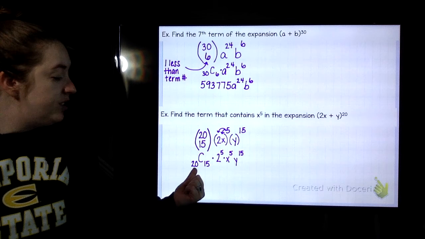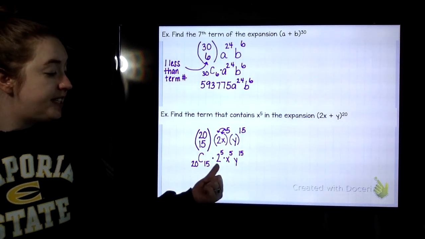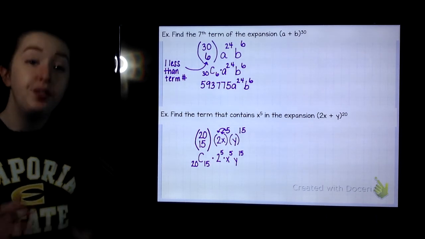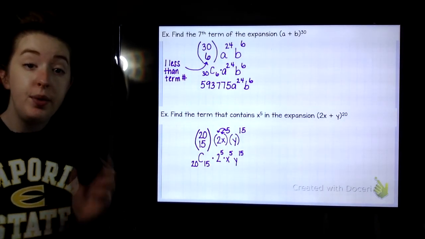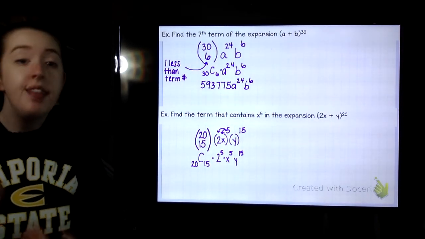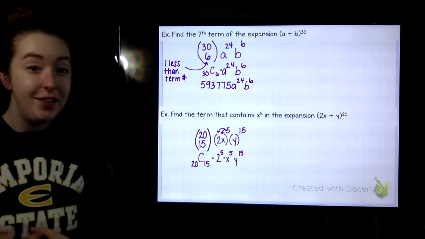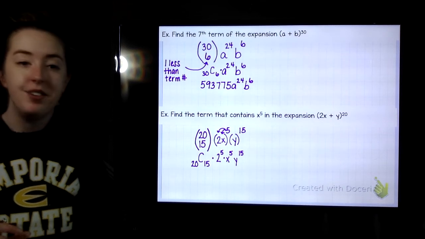Now if you want to put 20 choose 15 times 2 to the 5th in your calculator all together, absolutely feel free. However, I'm going to go through each little piece to make sure that we're both getting the same values, just in case you might be getting something different, so we can figure out where exactly you're going wrong,